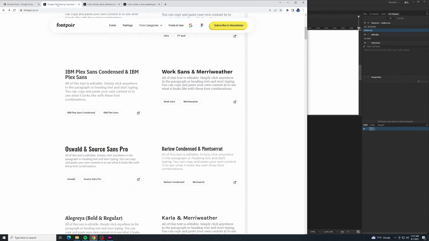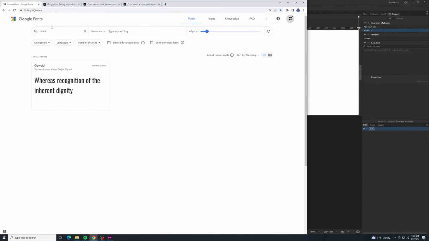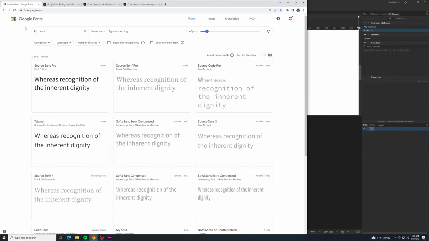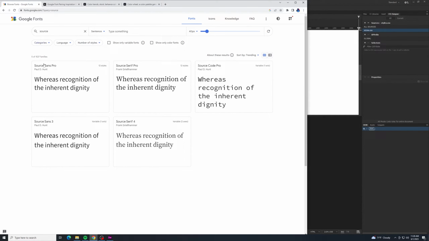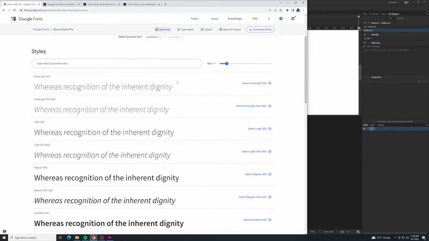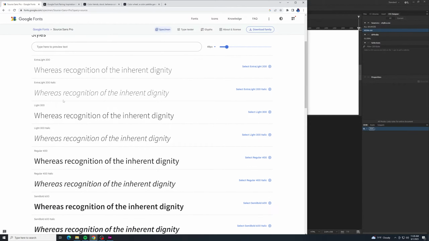and then the other one I was going to use, Source Sans Pro. Okay, so I will type in Source Sans Pro. So I'm going to click on this one, and I want something that kind of contrasts with that other one, so I might go light 300. That's not bad. I'm going to click this,